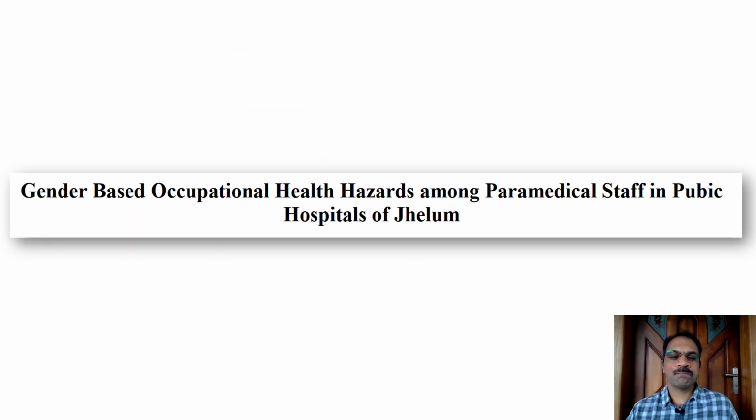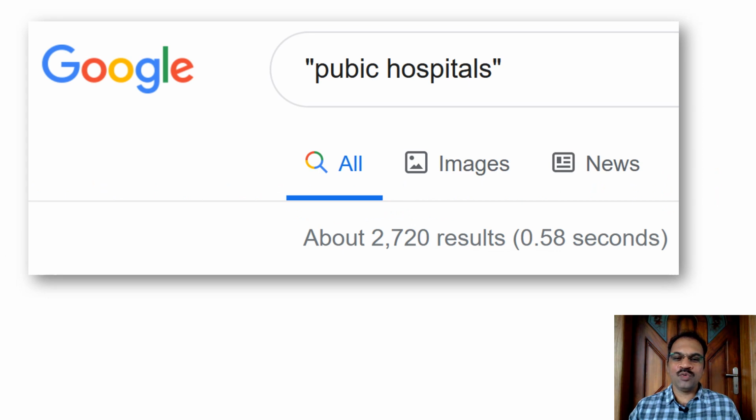Please read this. Some of you may have picked it. The others wanted to say public hospitals, but they ended up saying something not that, the pubic hospitals of Jhelum. Now you may feel that this kind of mistake happens only rarely. It is not so. I did a Google search for pubic hospitals, and there are nearly 3,000 results for that particular phrase. So many people don't read whatever they have written twice, at least in a very close manner. You should not do that. Lots of mistakes like this are seen in published material, so don't let it happen to you.